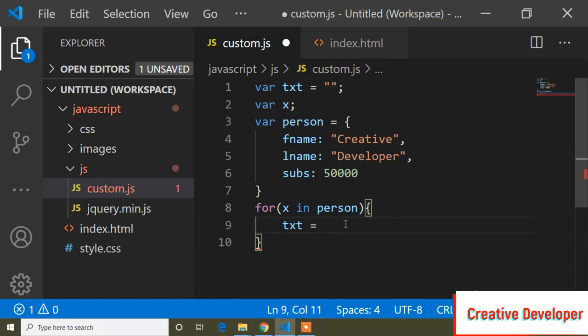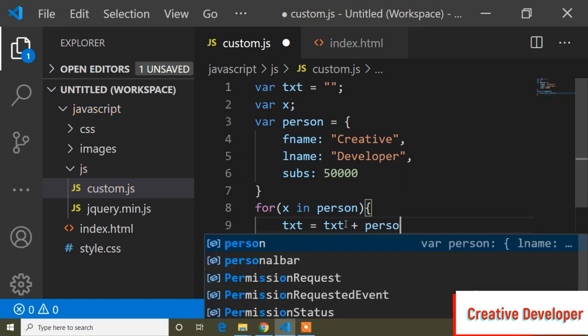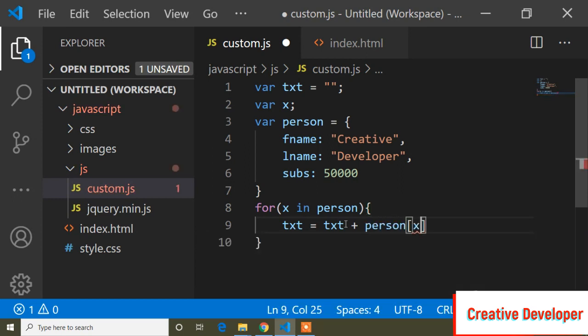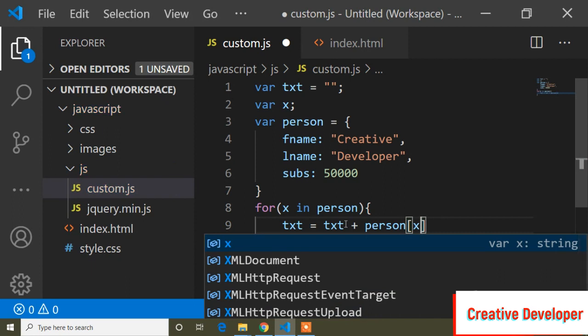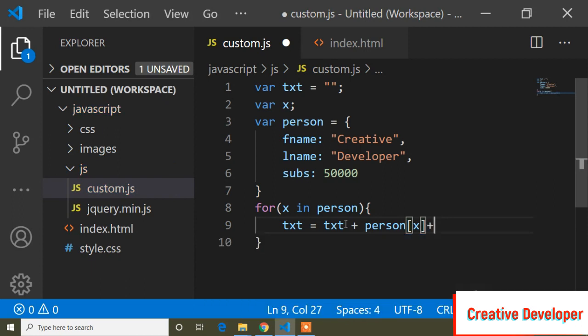So text plus person x plus this. So this means guys, I want to show the object properties one by one.